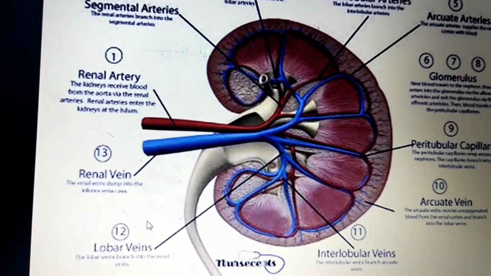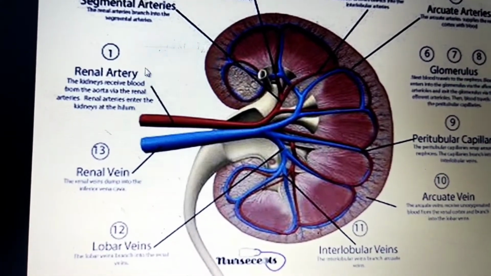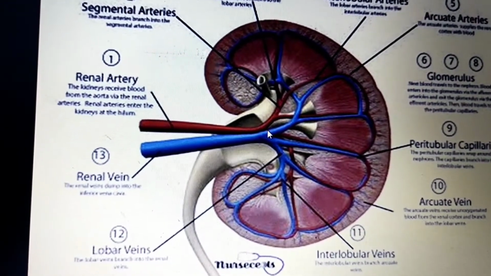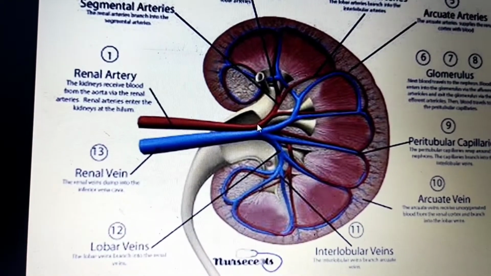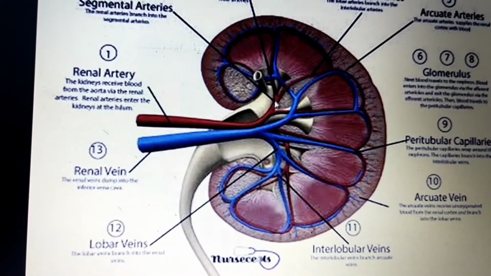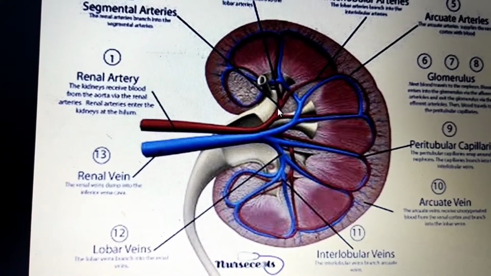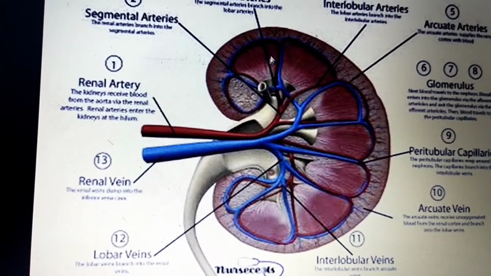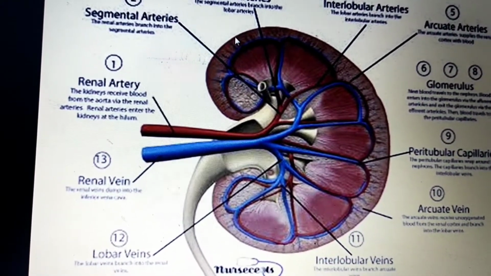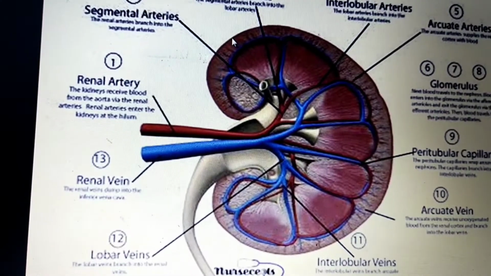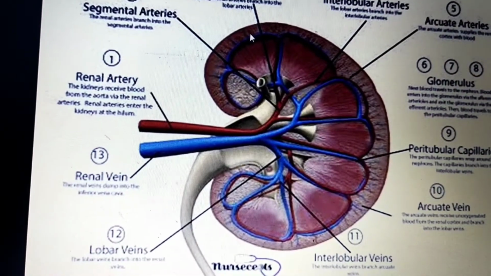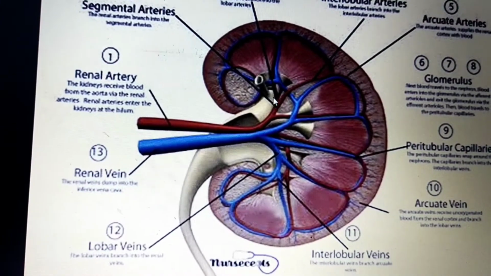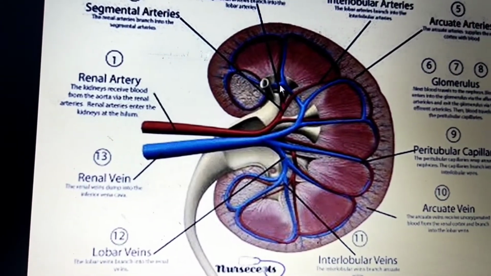Renal artery is a branch of the aorta, and this is a transverse branch. Transverse means lateral branch of the aorta. Then the renal artery gives the first segmental branch. That segmental branch further divides into lobar. Lobar means whole. A renal lobe contains what? Capsule, cortex, then pyramid, then minor calyx. That is the lobar branch.